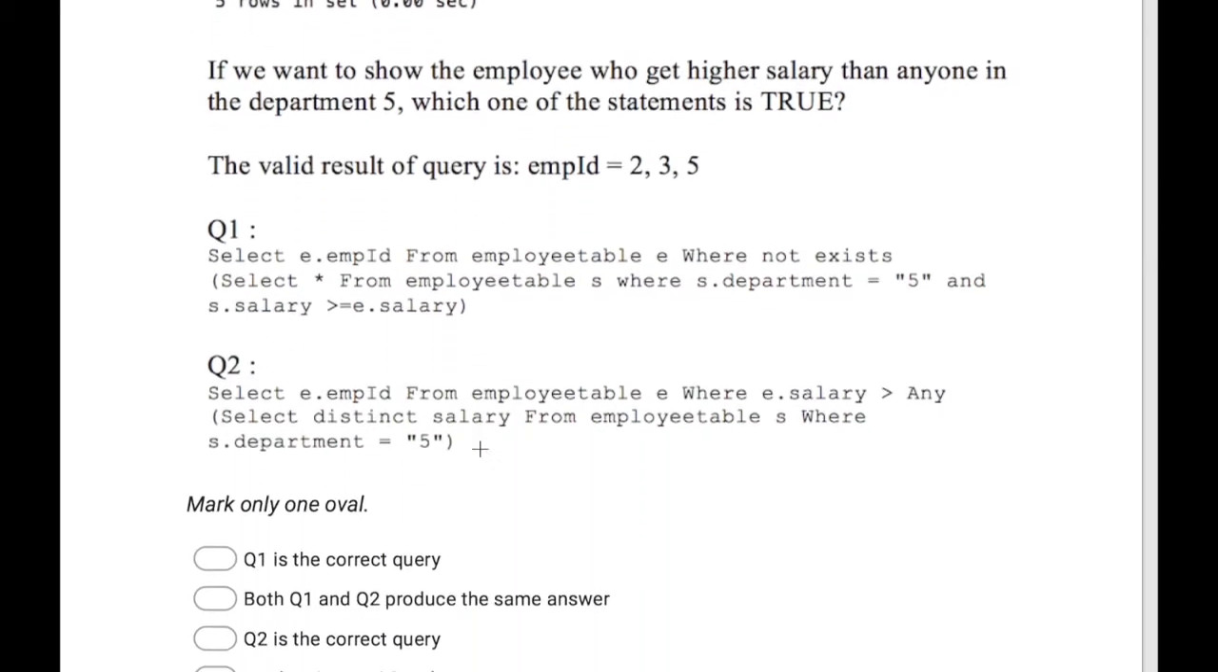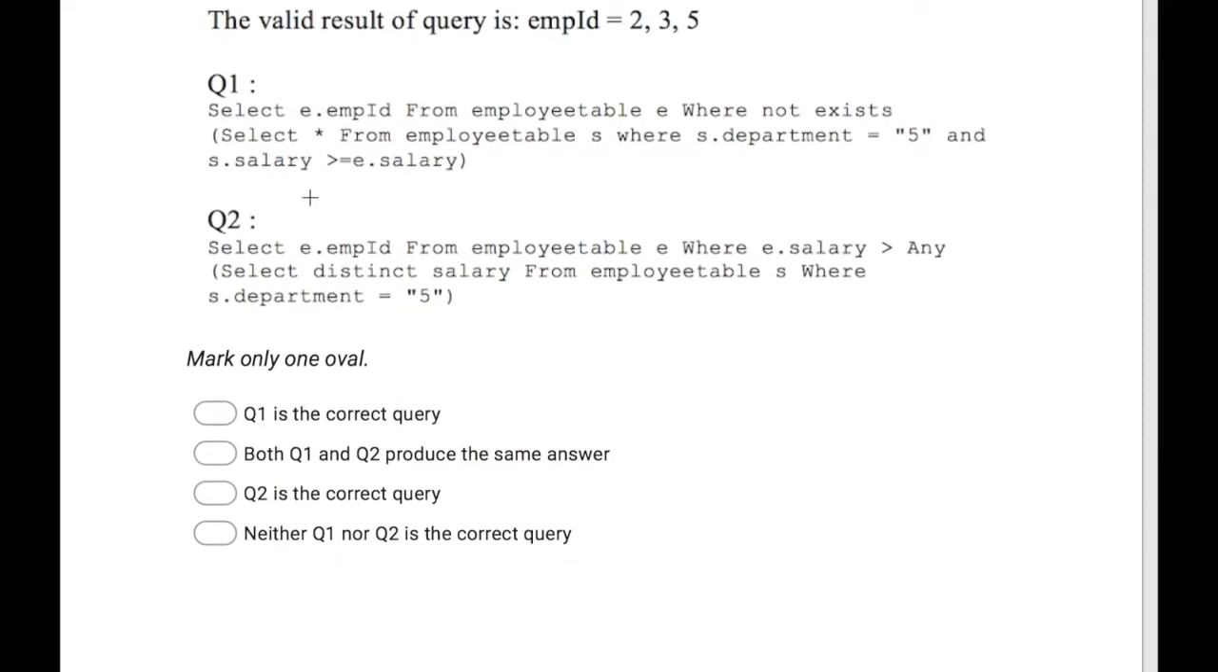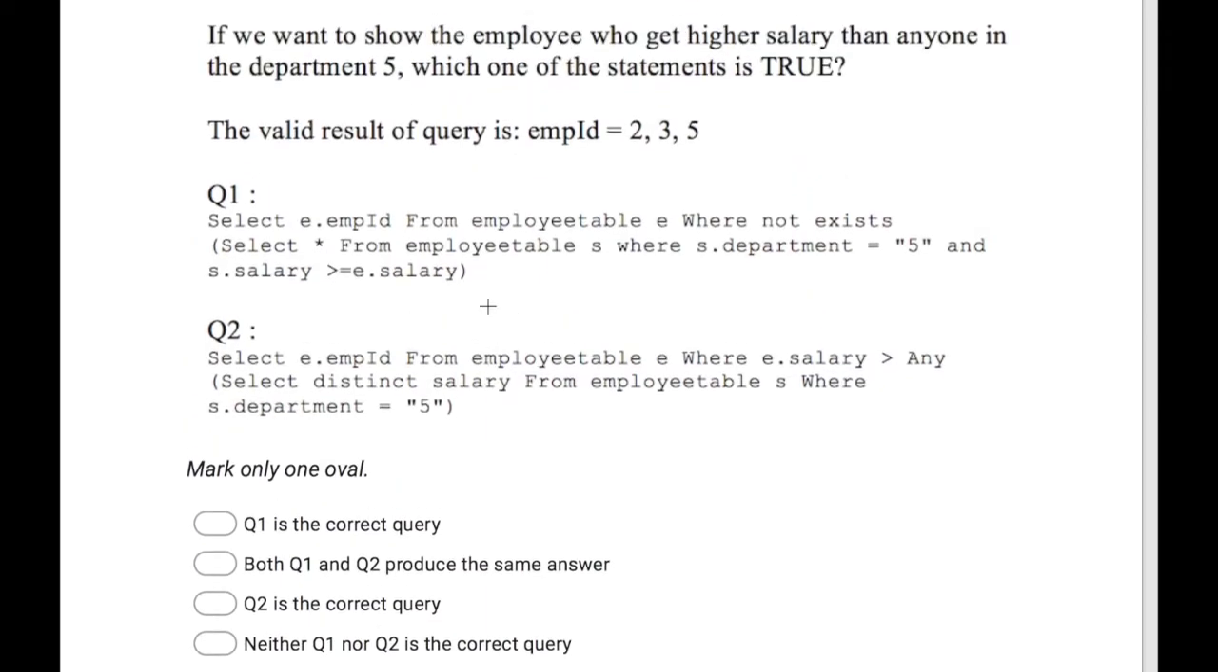Okay, let's check. Query number 1, select employee ID from employee table E, where not exists, select all from employee table S, where S.department equals 5 and S.salary greater than or equal to the salary. Okay, query number 2, select employee ID from employee table where salary greater than any, select distinct salary from employee table S where S.department equals 5. So,